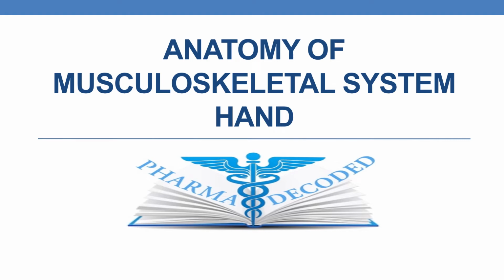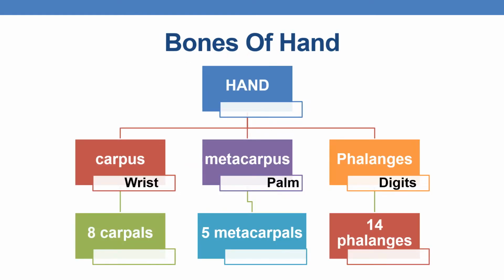Hello everyone, now let us discuss the anatomy of the musculoskeletal system of the hand. Now coming to the bones of the hand, you can categorize the bones of the hand into three categories: